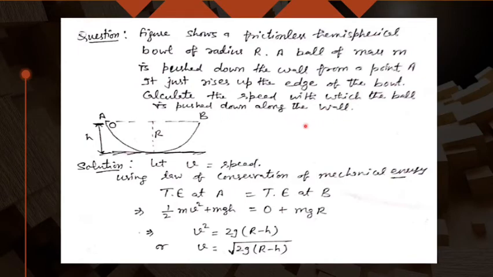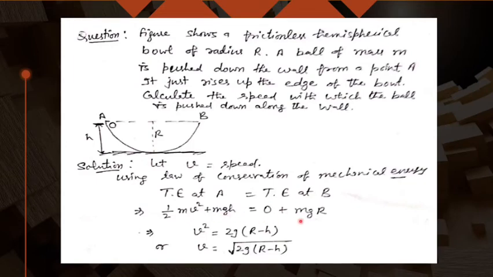So here it means we are using something like a simple pendulum, we are releasing a ball which is made to move up to this height and r distance. So total energy at A should be equal to total mechanical energy at B. So at point A, I am giving the velocity v, so kinetic energy is half mv square, and height h is given, that is mgh.